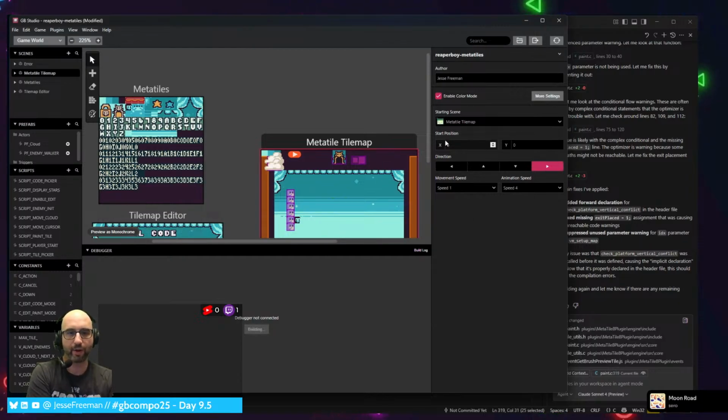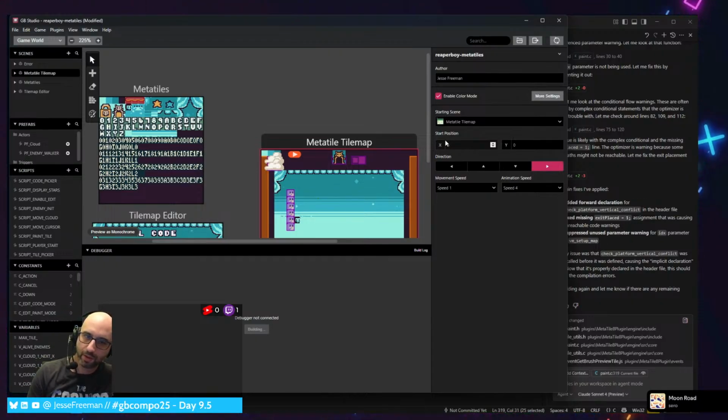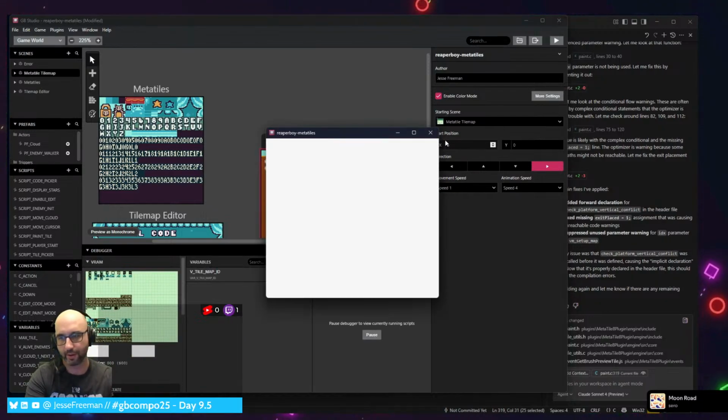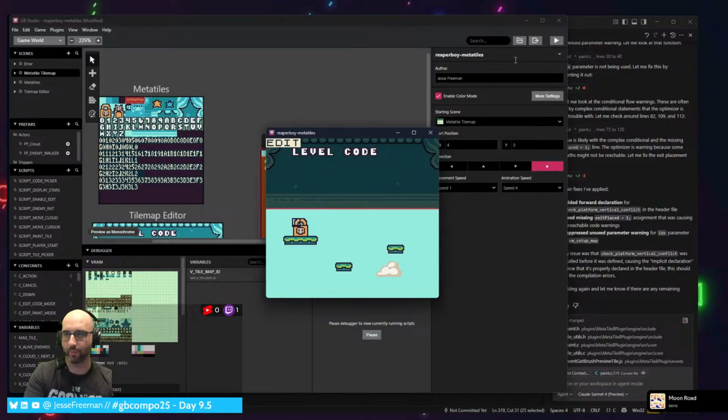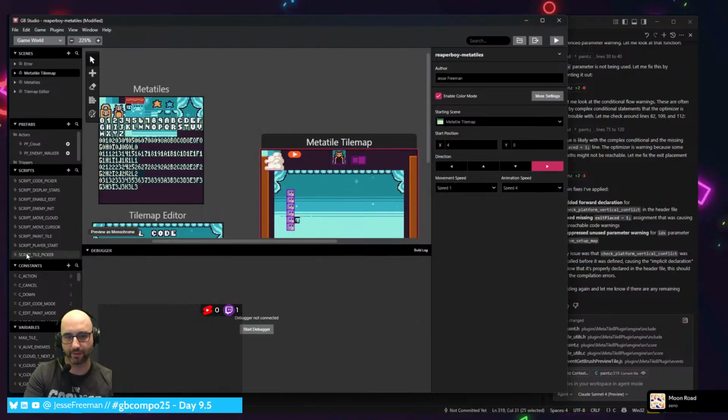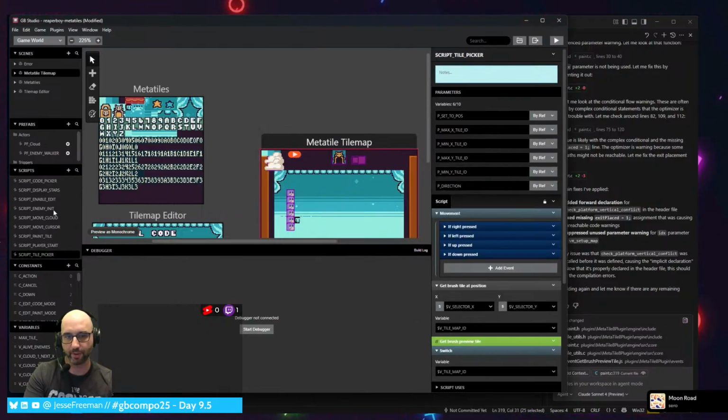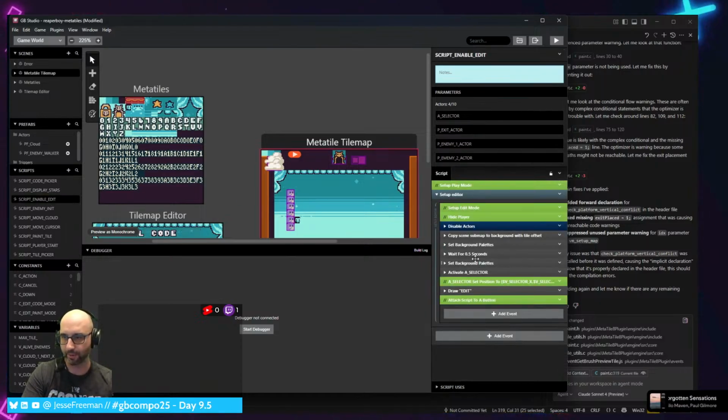So now when we run this, we should wind up just being able to go straight into the editor, and I just need to move the cursor into the right position. And there we go. Okay, so one thing that we can do now is that when we set up the tile picker, when we set up the enable edit mode,